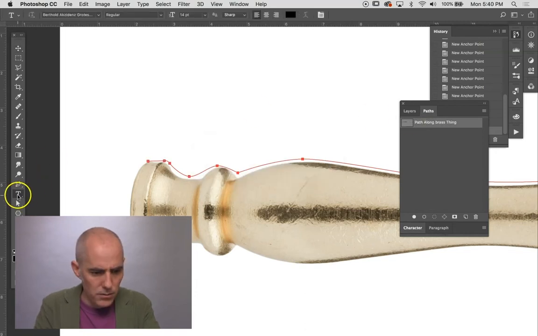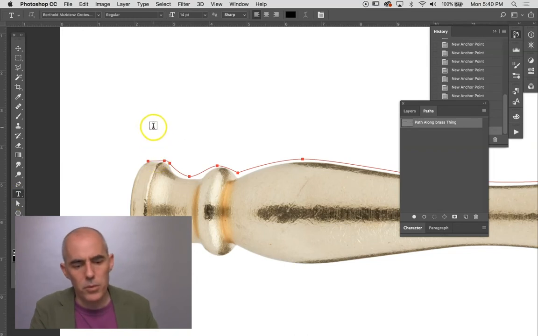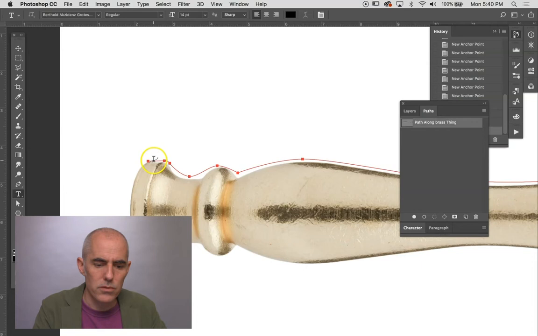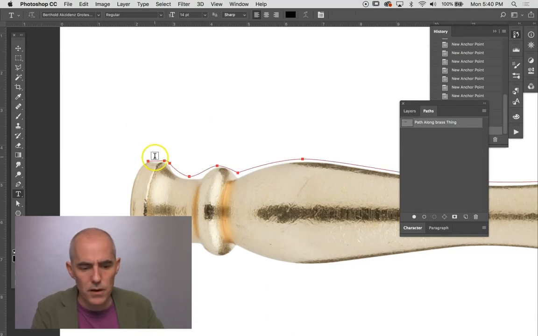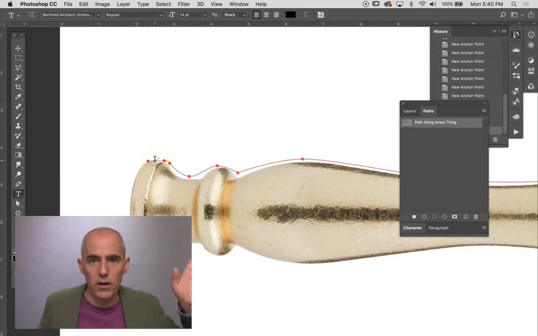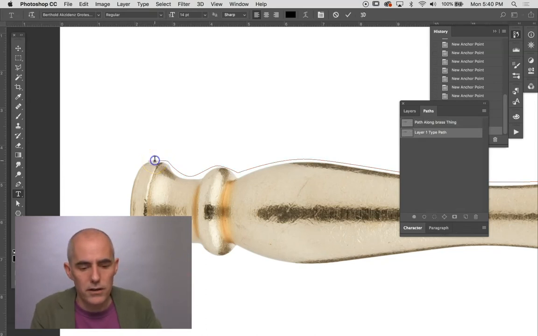I come down here to my type tool, and as I bring my type tool over to the path, you'll see that it changes from this type-in-a-box looking thing to something that has this funny little line, like it's like disco font. So if I click on that now,